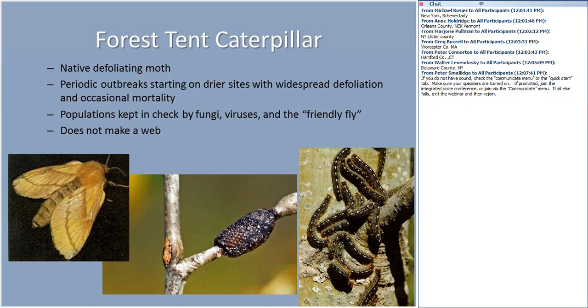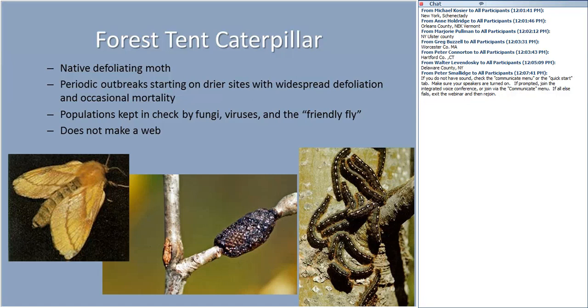Does it influence bud break? Bud break with these early defoliators like forest tent caterpillar, that timing could be absolutely crucial for the successful establishment and growth of the populations. So what happened was quite interesting. On the drier soils, the populations would come up, and they persisted for a couple of years, and it actually got quite widespread in the Catskills and in the Southern Tier region here around Ithaca.